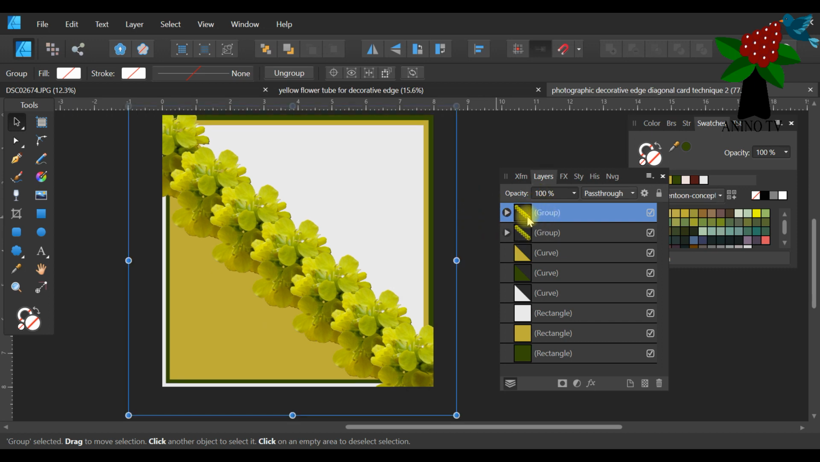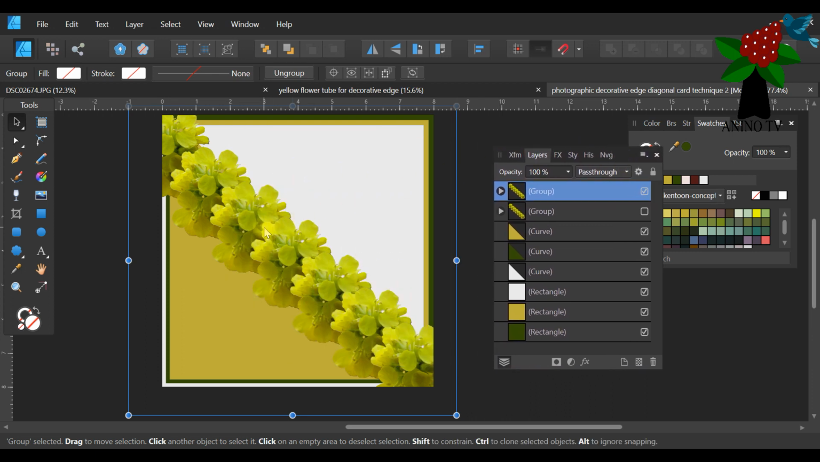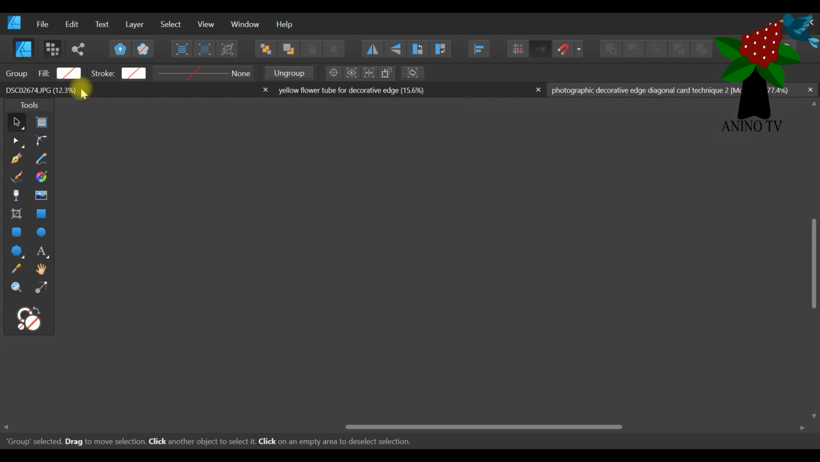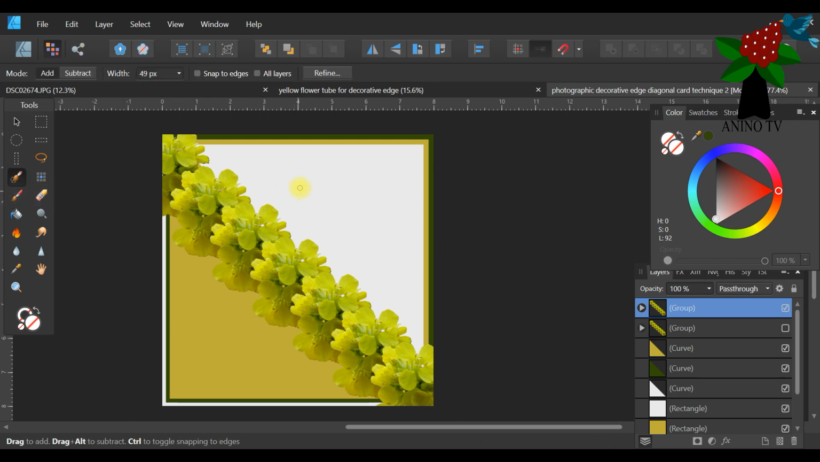So we've duplicated our work. I'm going to make the original invisible by unchecking this. So this is duplicated. We'll go to Pixel Personal section of the software. If we're working in photos, we just use Magic Wand or so. You can see it's the selection brush. So take the selection brush,